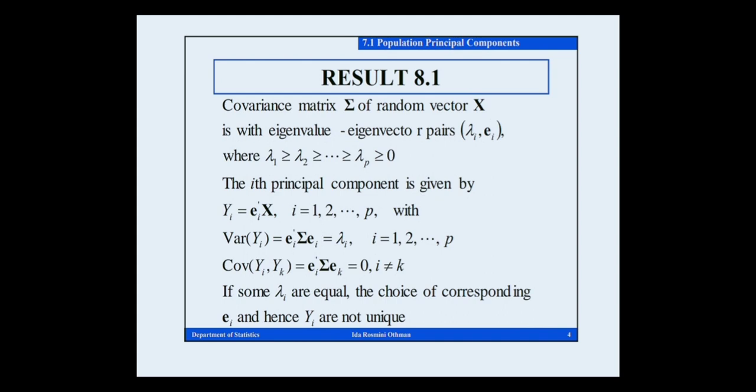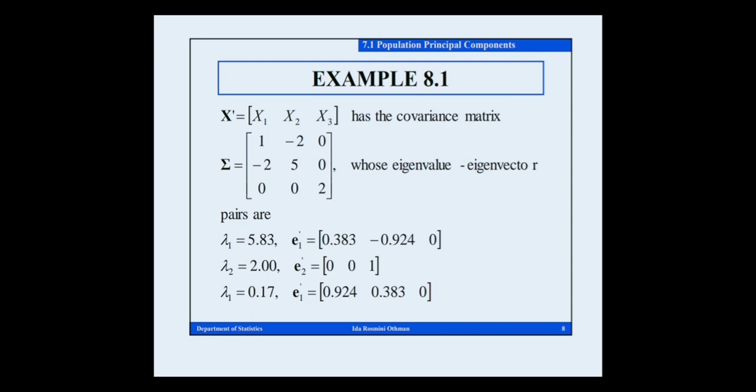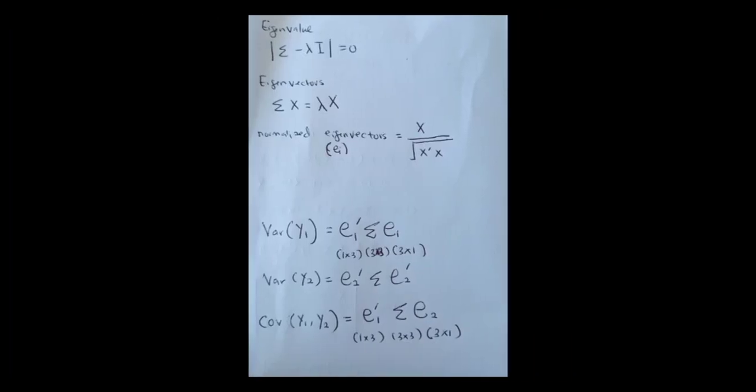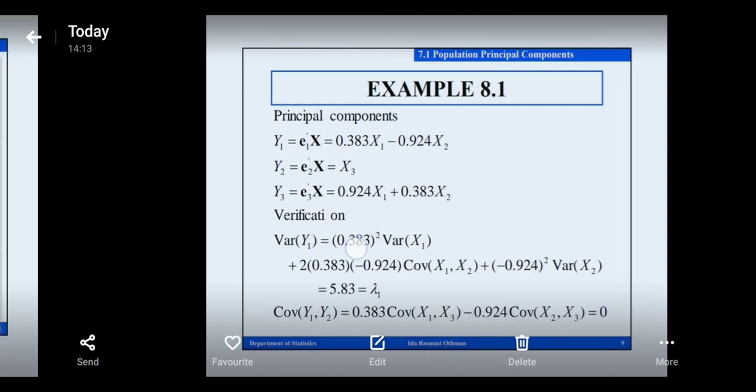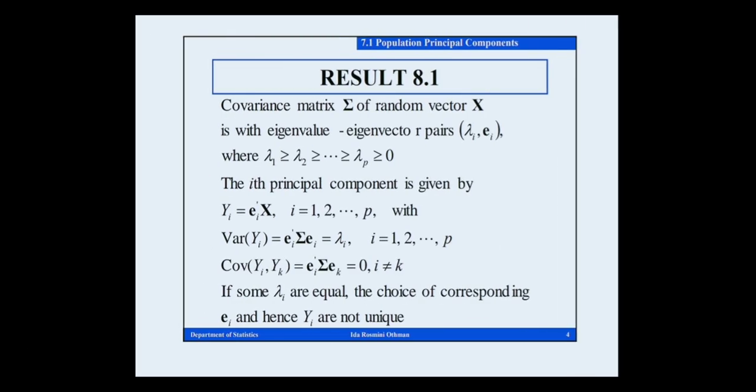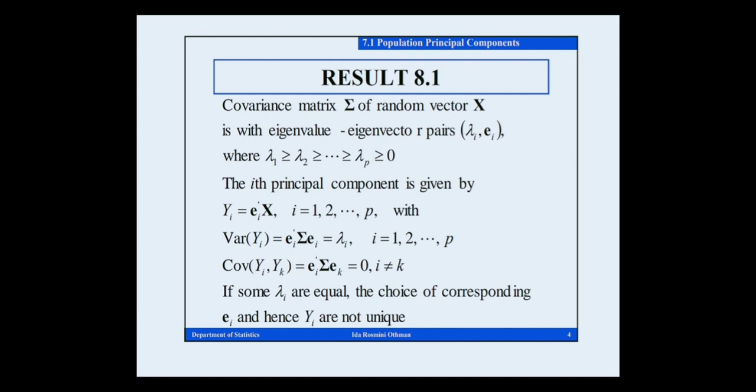Okay, so the ei tu adalah normalized eigenvector. So you akan so sebenarnya, let's see, okay, here. Okay, so before this, tak payah lagi lah I tunjuk yang ni, bila I tunjuk example. Okay, so untuk dapatkan the principal component, it is yi